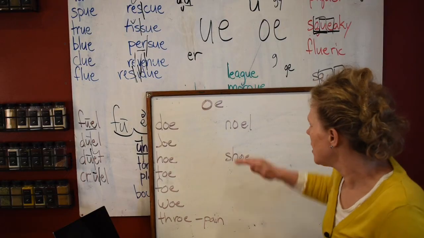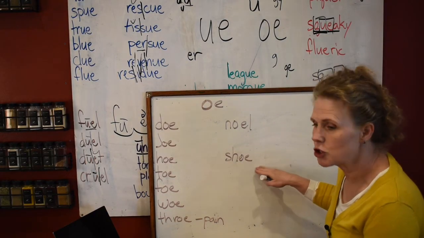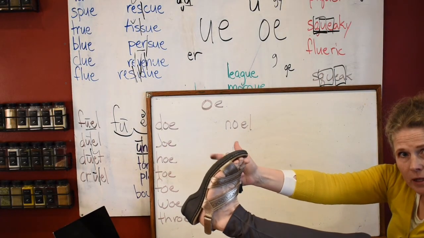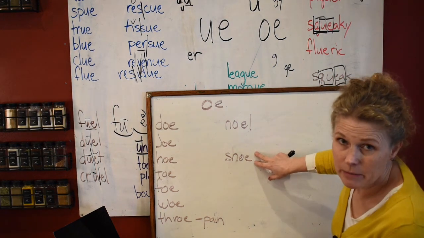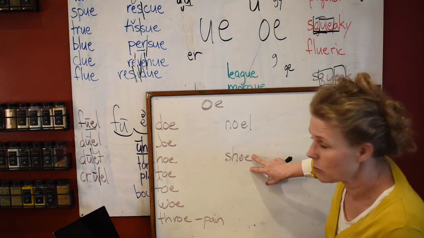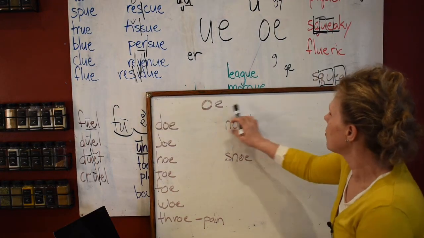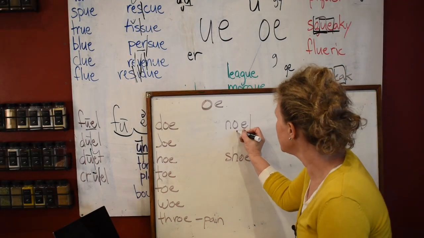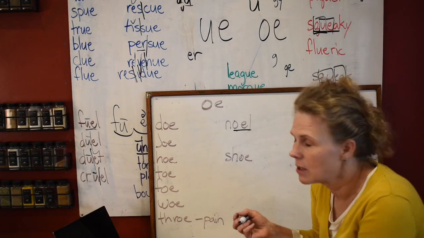Now, if you see it in the, oh, and here's an unusual word. This says shoe, like this is my shoe. Can you see that? Yeah. This is my shoe. This needs to be memorized. This is a true sight word. Shoe. Now, if you see OE in the middle of a word, it is not considered a vowel team most of the time. I'm sure there's some exceptions.